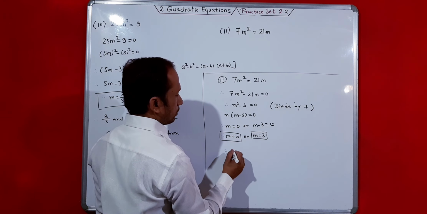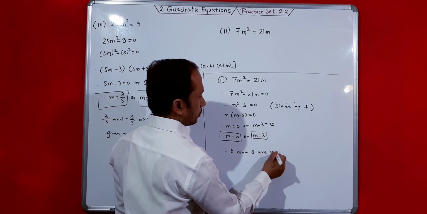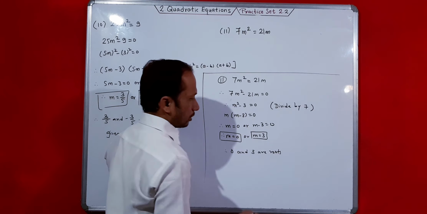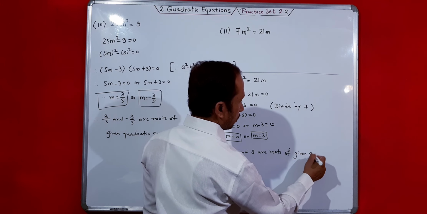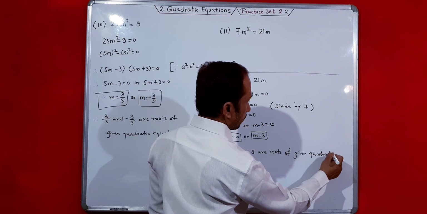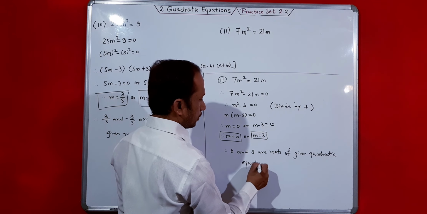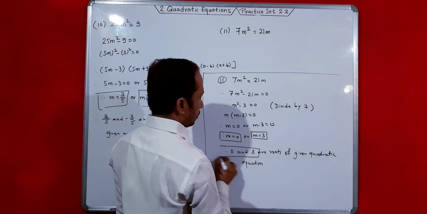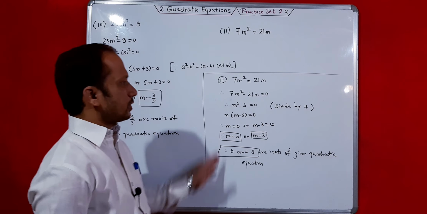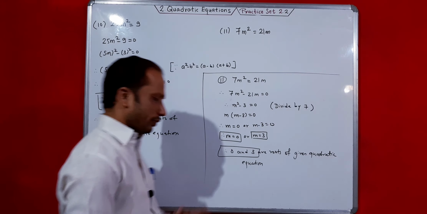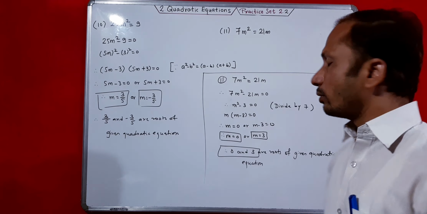Therefore 0 and 3 are roots of the given quadratic equation. So you have to write like this: these are the roots of the given quadratic equation. Write in the specific manner, don't write like this. Write very perfectly. So this is problem number 10, this is problem number 11,